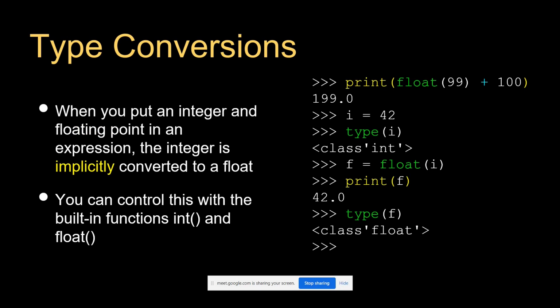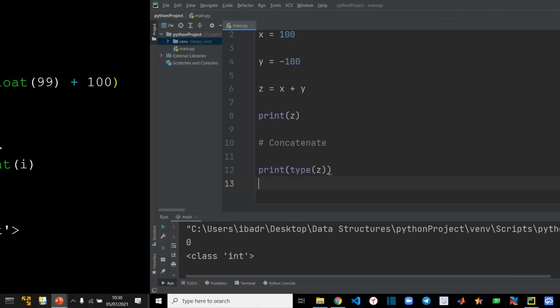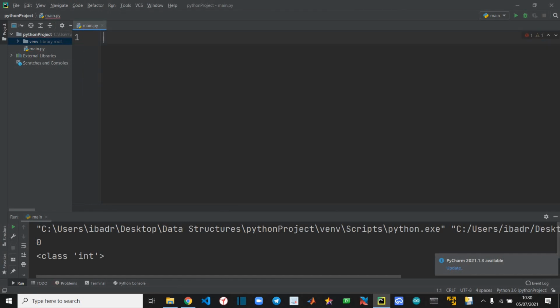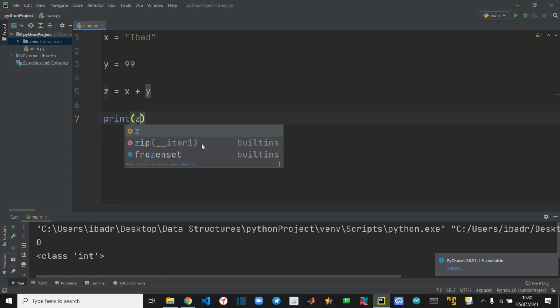There are several types of numbers: floating points and integers. The next thing you can do is convert from one type to another type. Okay, let's take the example of this. x equal to Ibad, I'll write Ibad. y equal to 99. Okay, so z is equal to x plus y, and when I print z,